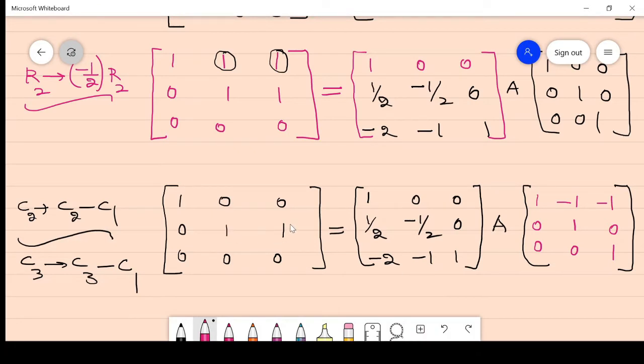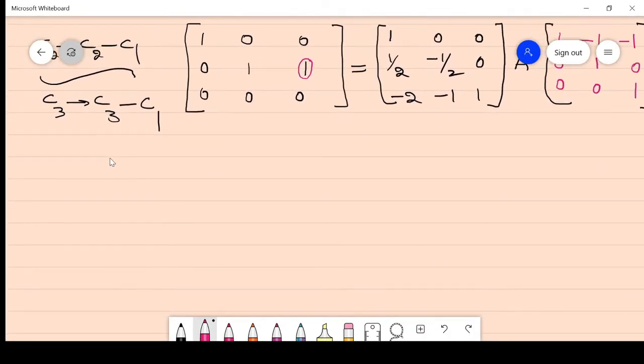Now my purpose is to make it 0. So to make it 0, this will convert this into this. So it will be of this kind. So this is equivalent to C3 minus C2. This is at the place of third row. So this will be 1 0 0, 0 1 0 and 0 0 and 0. We get these values.